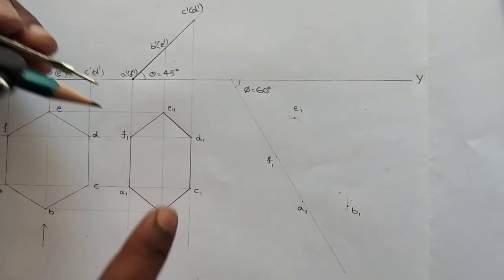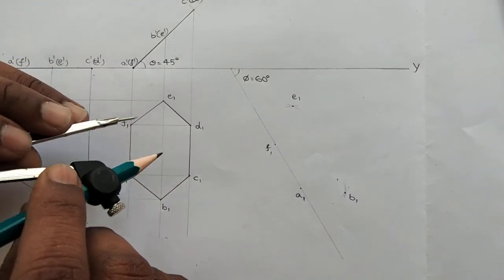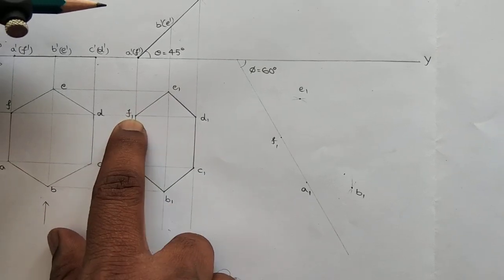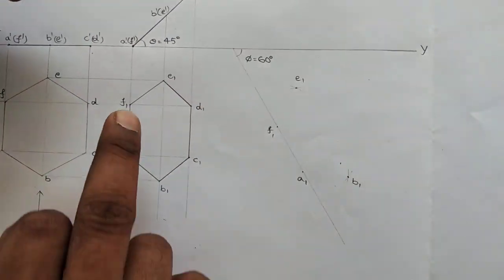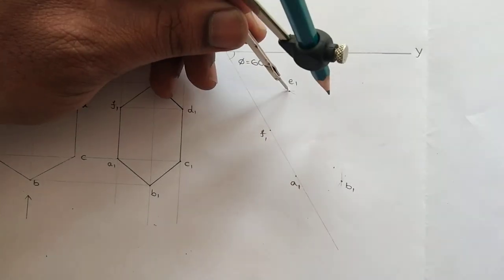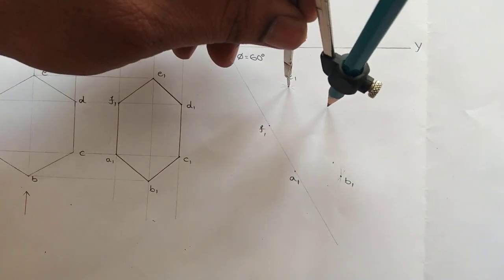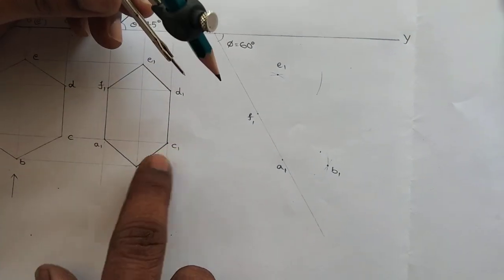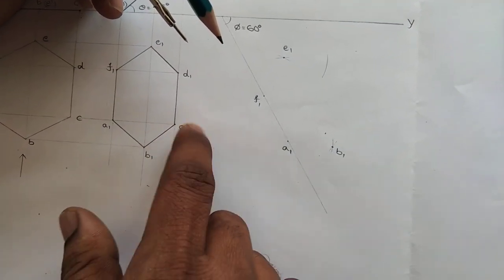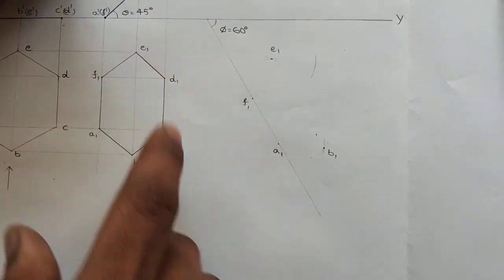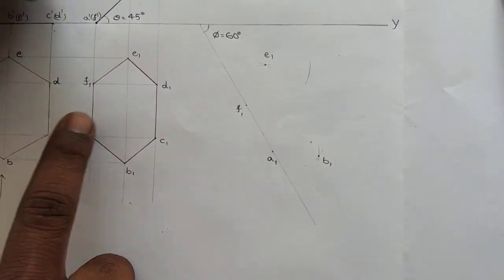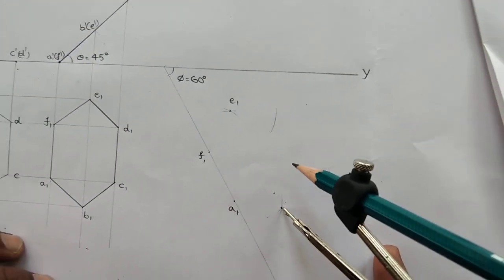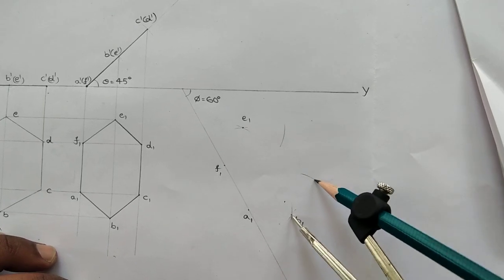Next let us see the procedure for marking points D1 and C1. For that purpose, here I am taking the ED dimension. If you observe, EF and ED are both the same. Here I am taking EF. With this particular point as center, draw an arc here. Similarly, for marking C1, let us take either AB or BC. Here FE, ED, BC and AB are all the same. We can take one of them as radius, and with B as center, draw an arc here.